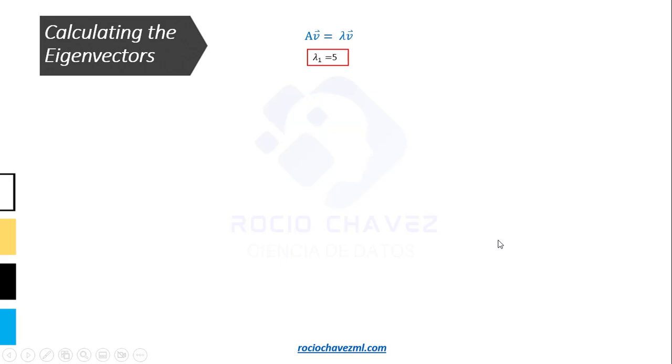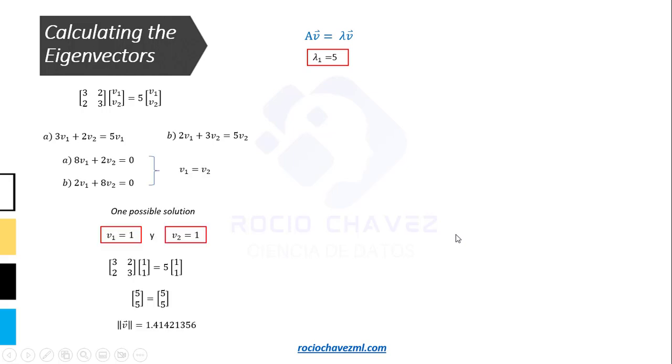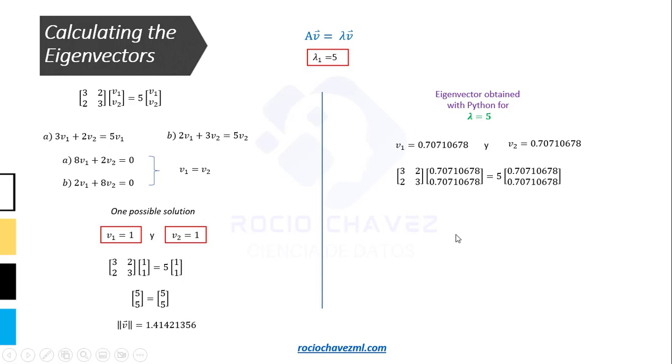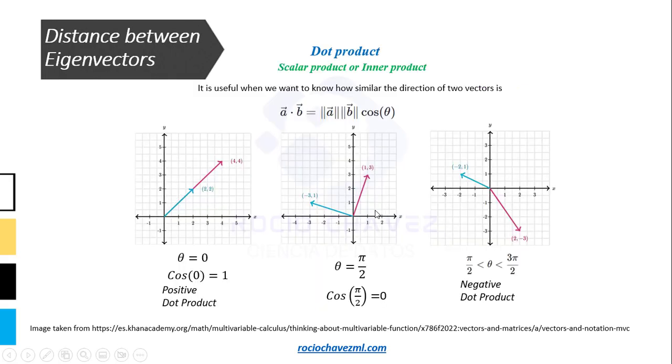We will now calculate the eigenvector corresponding to lambda equal to 5. Finally, we will see how we can calculate the distance between eigenvectors, that is, the angle between each of them. We can obtain this information with the dot product, also known as the inner product or scalar product. Knowing the angle between two vectors helps us realize whether there is correlation between them, that is, whether they contain